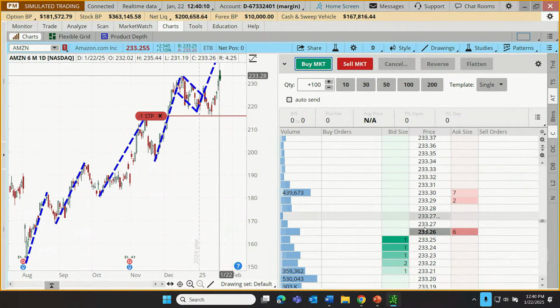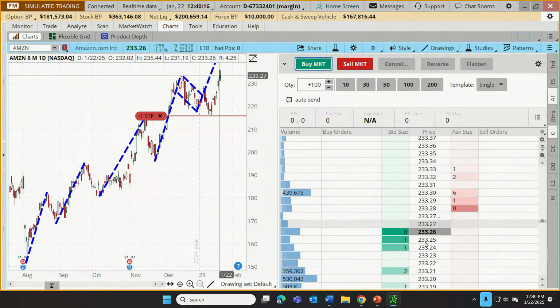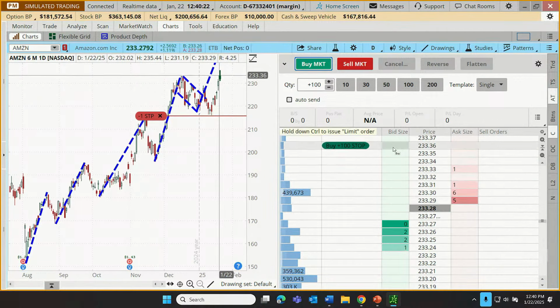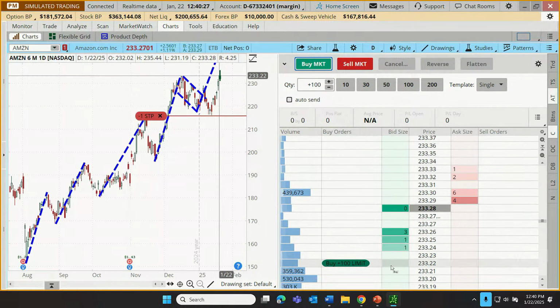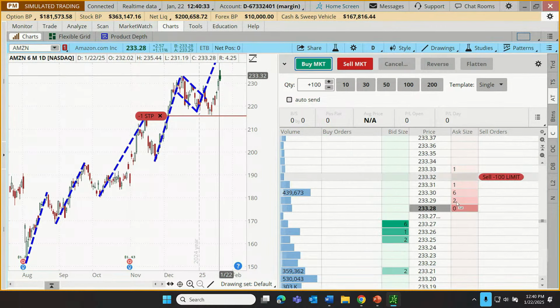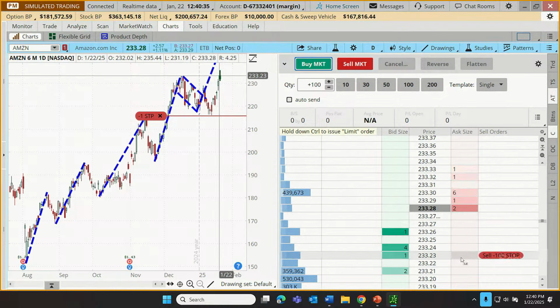So if you're looking down at the chain down below, you'll see it's highlighting the current price, and then prices above and below that by default by 1 penny increments. And if I wanted to put in a buy stop, I would click at a higher price. If I wanted to put in a buy limit, I click at a lower price. If I want to put in a sell limit, I can click at a higher price. If I want to put in a sell stop, I can click at a lower price.